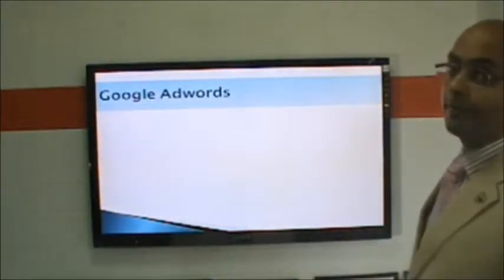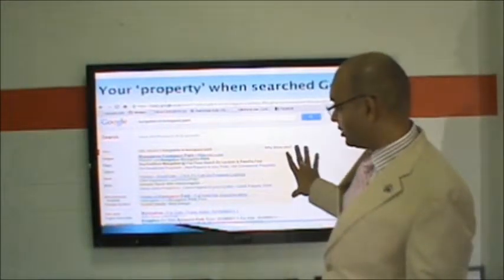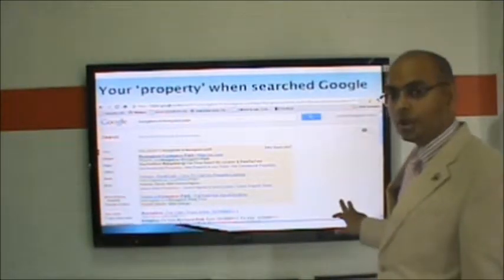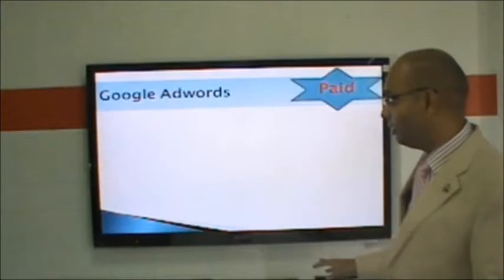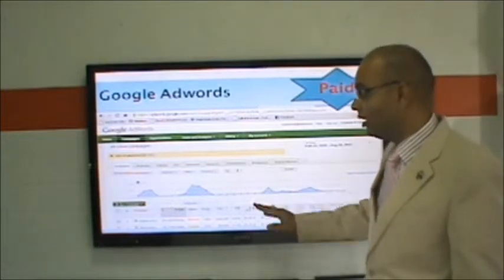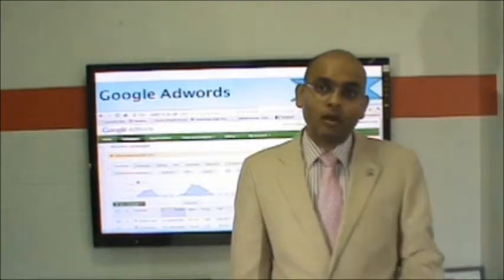Google AdWords. If you see, these are the advertisements. This yellow part is advertisement. If there are advertisements on the side also, these are all advertisements. These are paid. It's not free, and it's very complex to create an ad campaign for Google AdWords. I would not recommend it. I have not had very good results from Google AdWords, because if you use a wide keyword, you get a lot of fake clicks, useless clicks from people who have no business with you. And if you use a narrow keyword, you get very few.